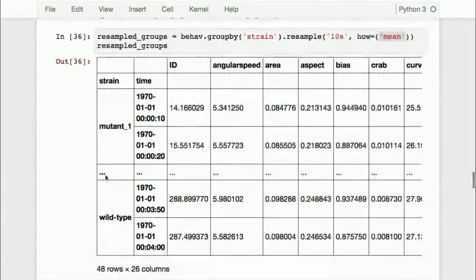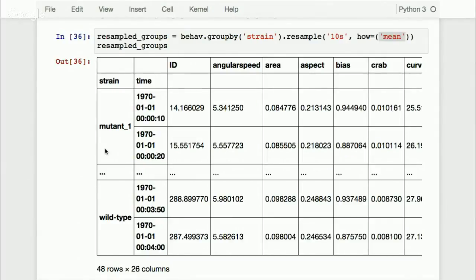If we reset the index with this level, we have two levels of our index here. If I reset this index, I should get another column where this strain will come out of the index and be a column, and each row will have a value. And then when I go to plot it,